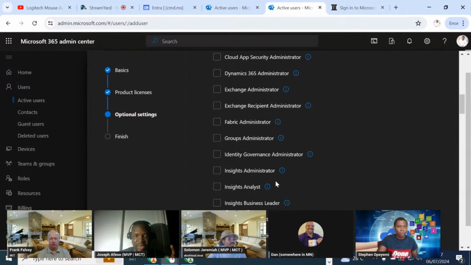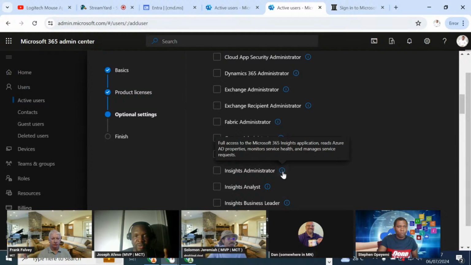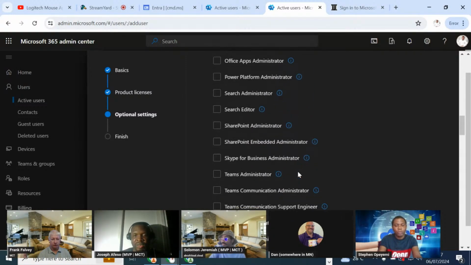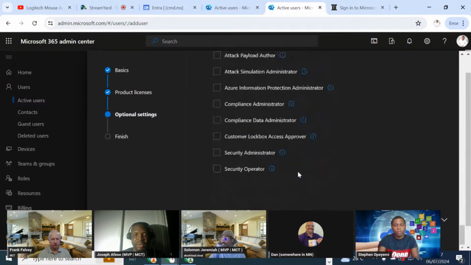The downside here that I must quickly tell you is that until you move your cursor to the more information icon, you cannot read the instruction or the permissions that this particular role has, right? So when you're done with the role assignments, of course,